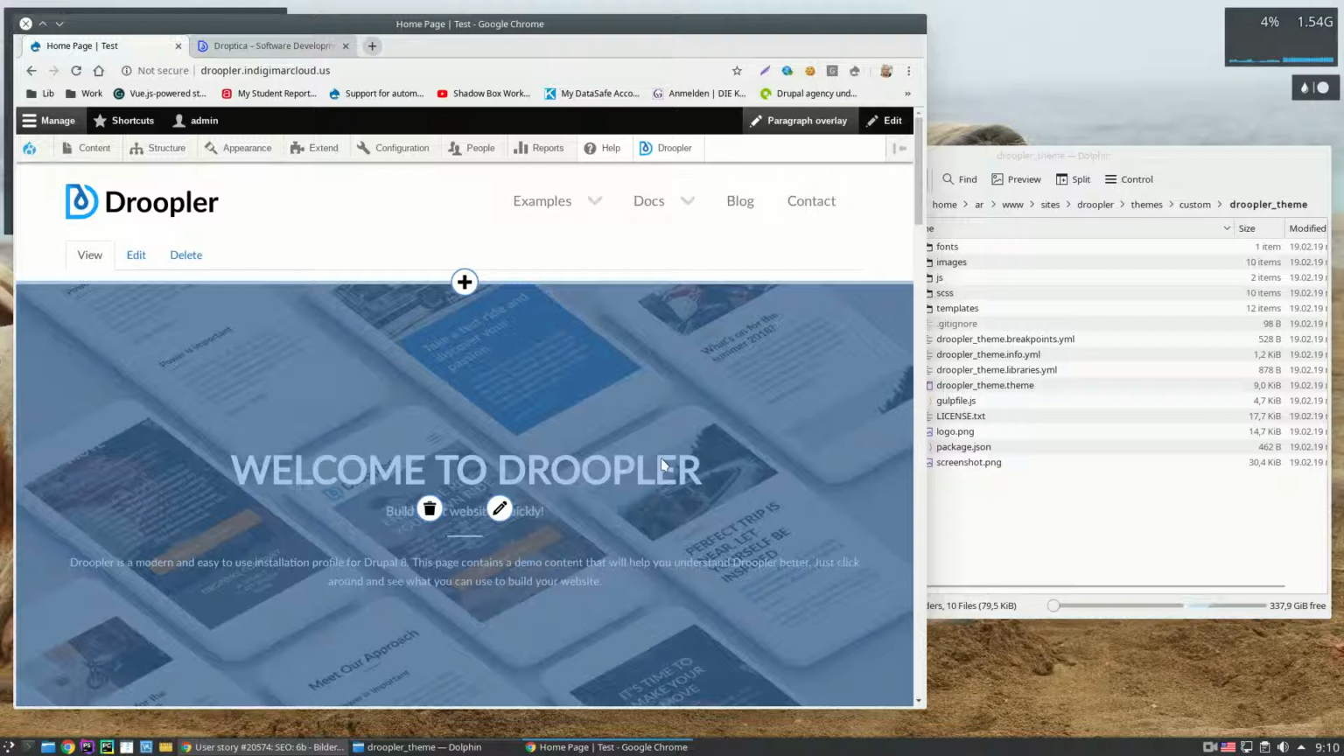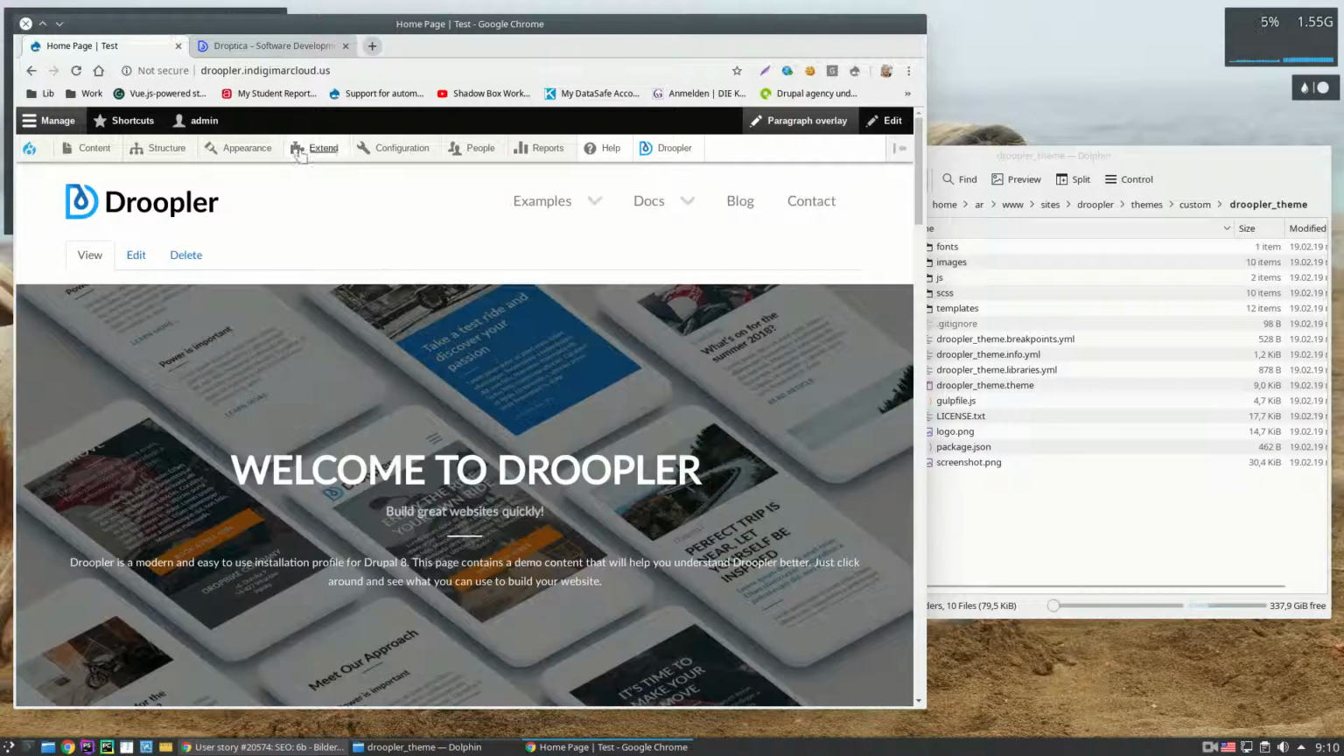Hello, today I want to present here Droopler. Droopler is a Drupal 8 based distribution which allows fast editing of content. Droopler was developed by a Polish company named Droptica